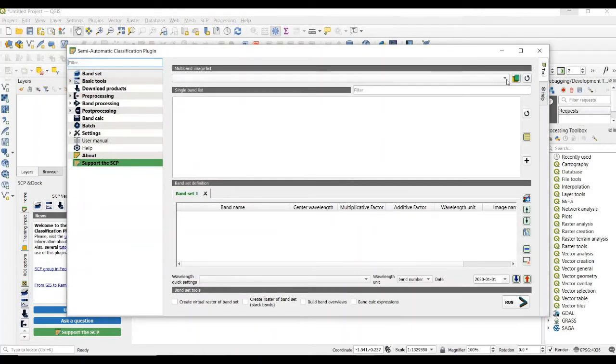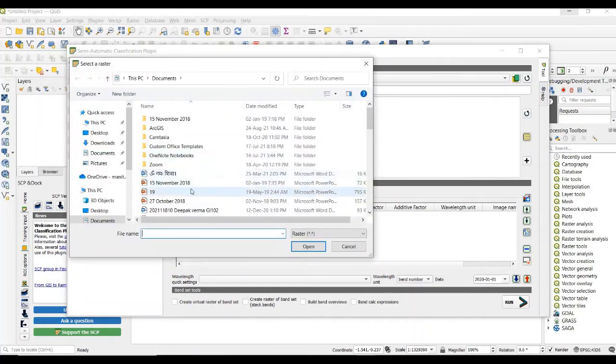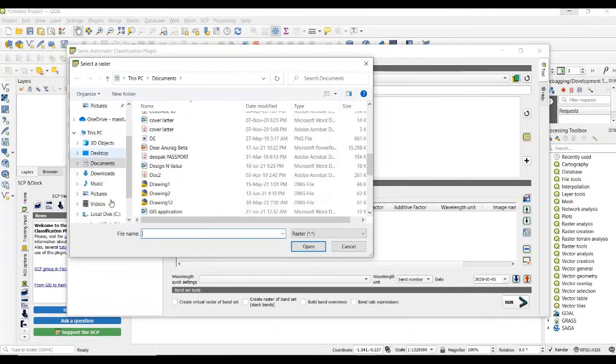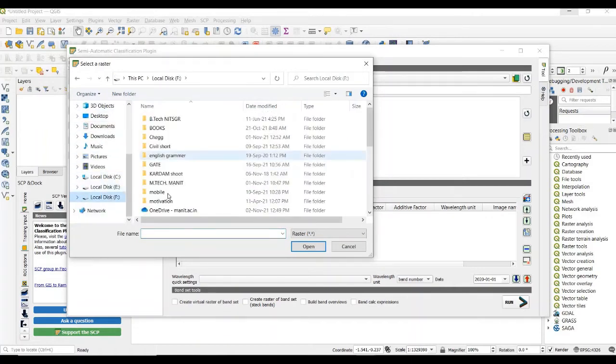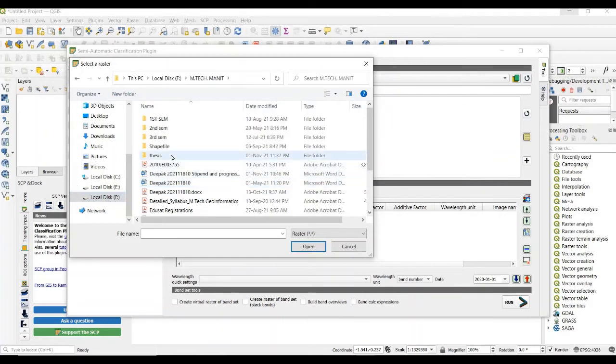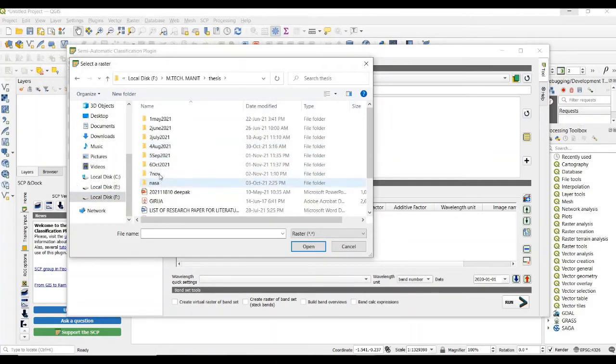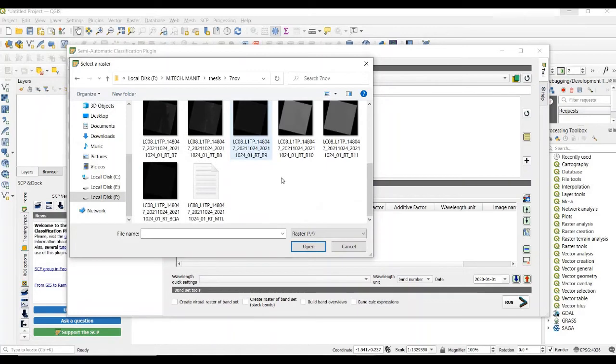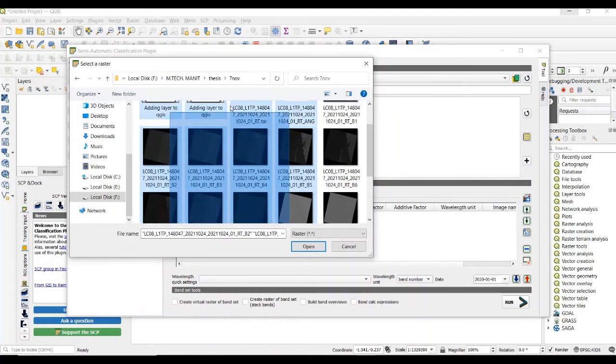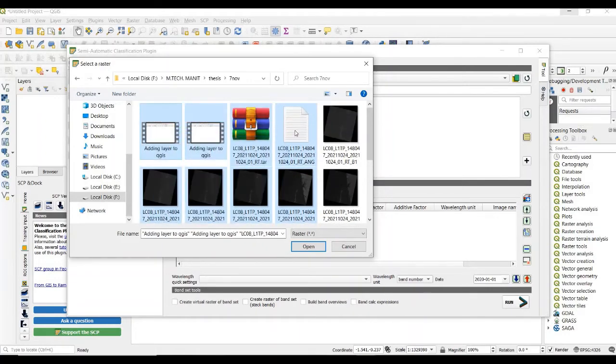So here is the option to upload the bands which you downloaded from USGS, and here you need to give the location. We have stored data in this location. So from here we select all bands.